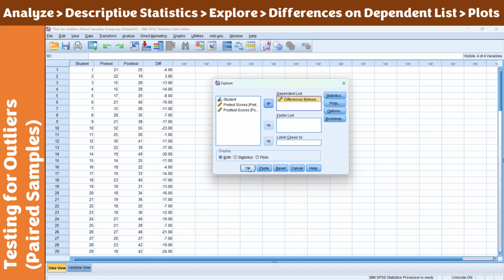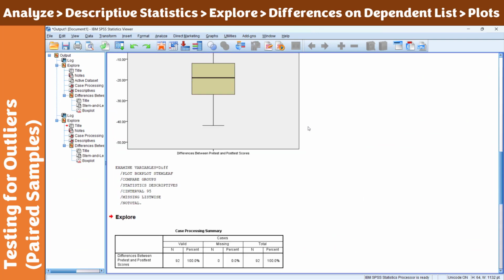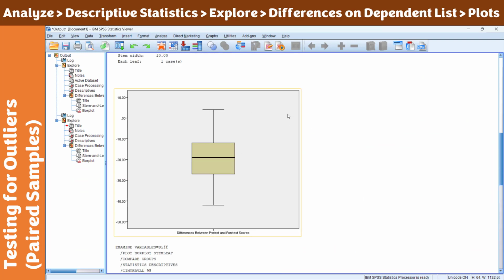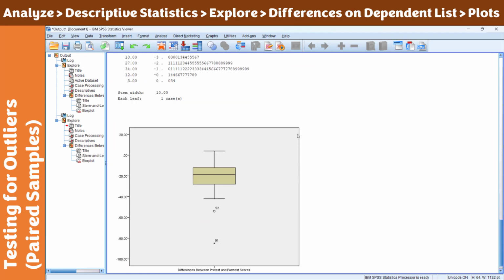Once you click OK, you'll be given another set of results. This was the result earlier. There are no significant outliers. But if we go now to this one here, you would see that there are two differences outside this plot. These are what we call outliers, and we have two types of outliers here.